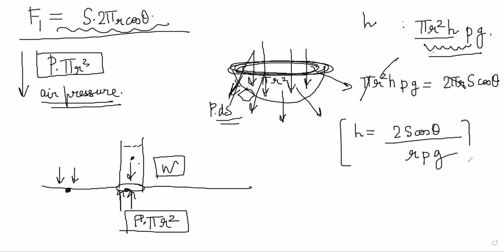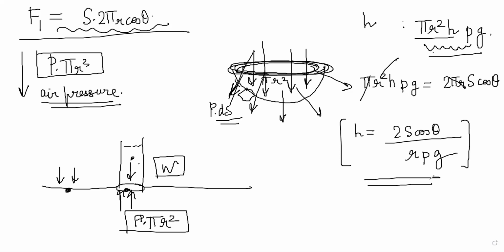So this is the result that you get. This is the height that it will be raised, if theta is the contact angle, s is the surface tension, r is the radius of the capillary, and rho is the density of the liquid, right? That happens because of the surface tension force S dL that is pulling it up from the solid to the liquid, which will be balanced by the weight of the liquid in the capillary. Upward and downward pressures also exert forces, but they get cancelled out.